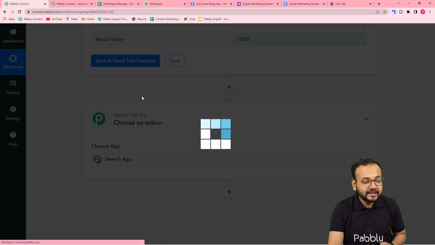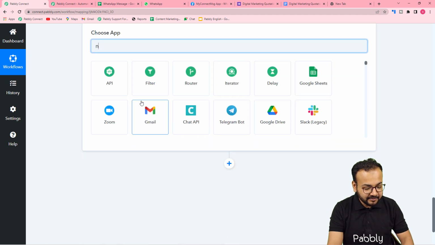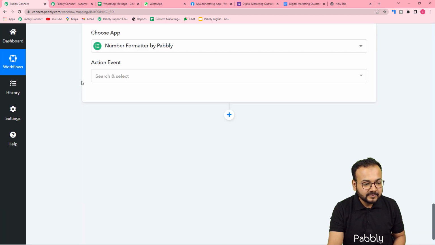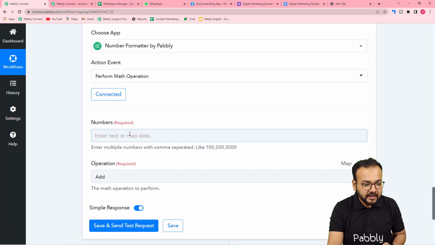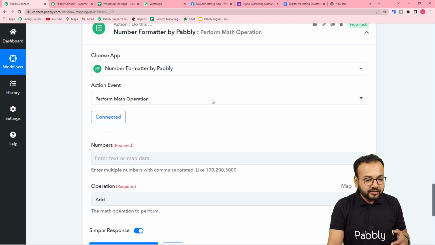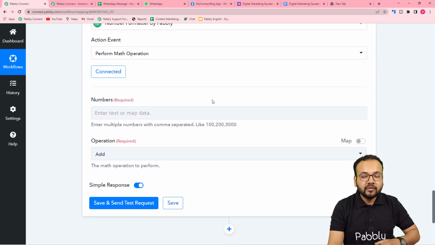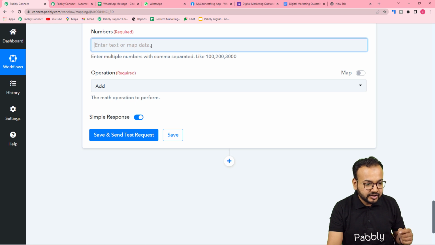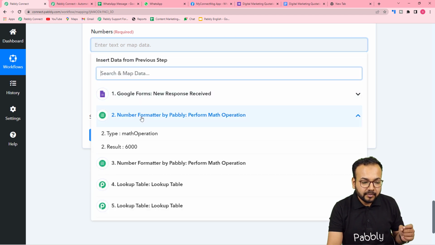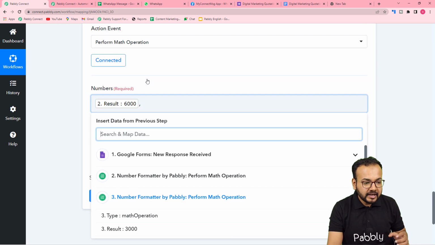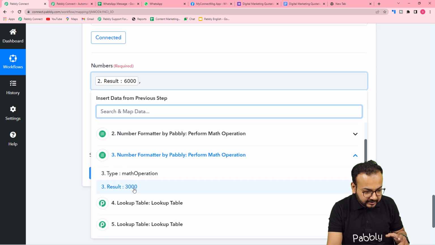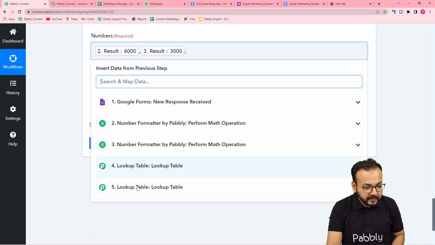Just click here on the plus icon, and from here select number formatter, and in the action event perform math operation, click on connect, and here it is asking for the numbers. So I'm going to map the values of all the calculations that we have applied in the previous steps. So let me map the data one by one. Just click here, and from this first number formatter step, map this result label, put a comma. From this third step, map the result label again, which is this, put a comma, and